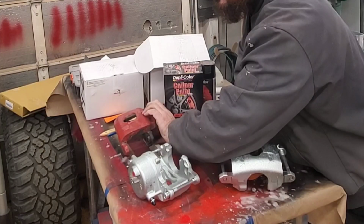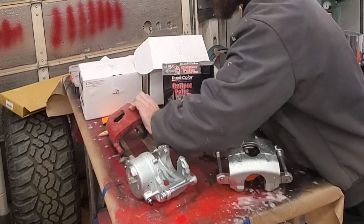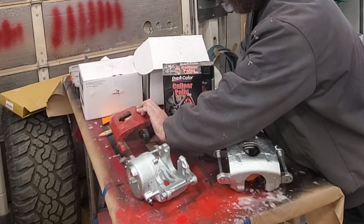These ones were just on the truck. I painted them on the truck. I was just like, oh, we'll just hurry and paint them, but they're not gonna work. So